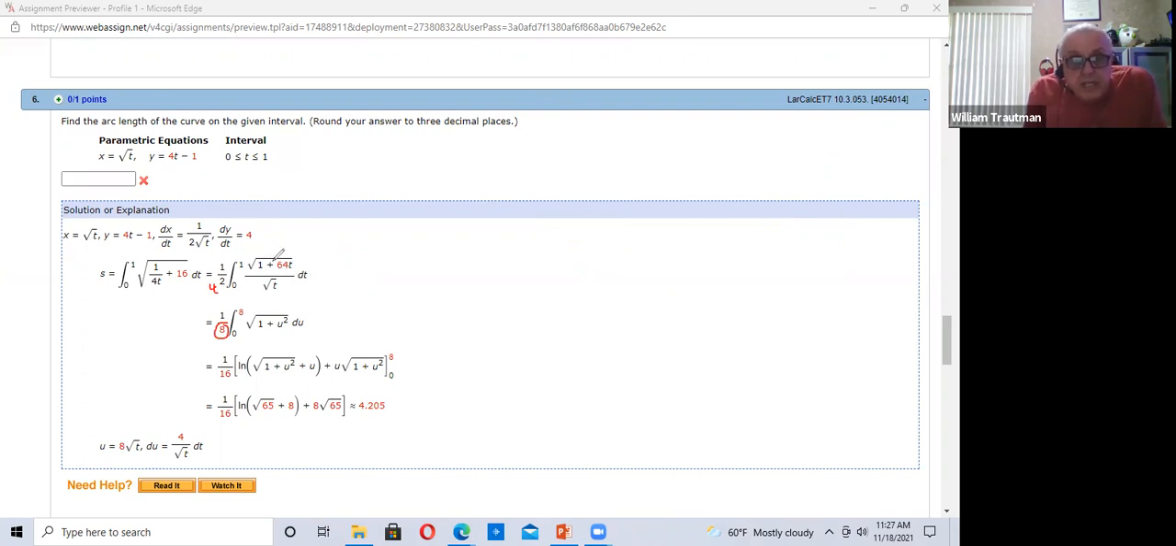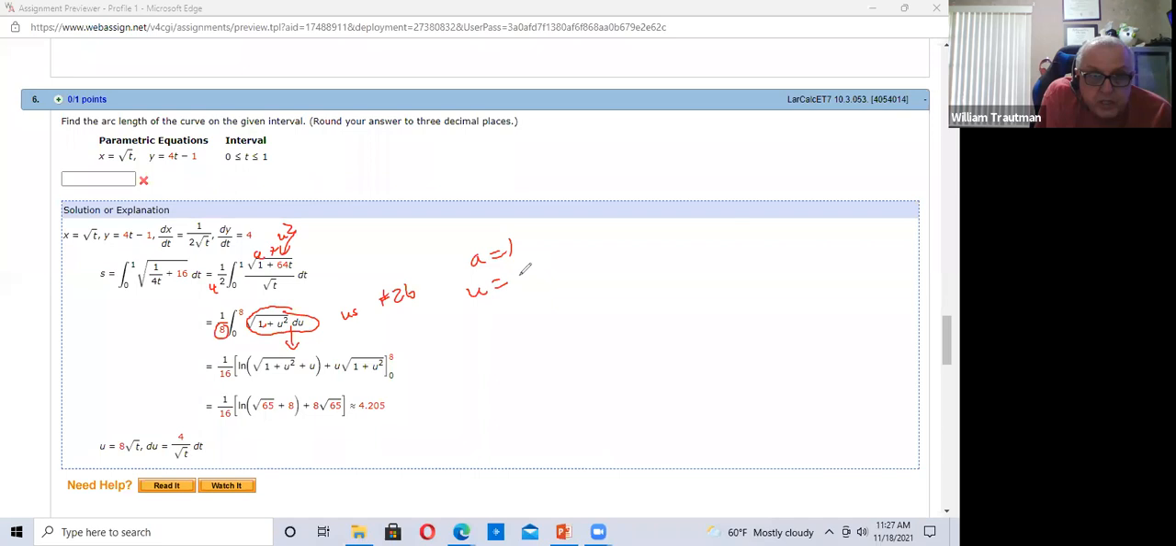So this is it. You can look at a squared plus u squared on your 100 integration formula sheet, and it looks like it's number 26. That's the one I had circled there. If you integrate this using 26, this is what you end up with, where a equals 1 and u equals